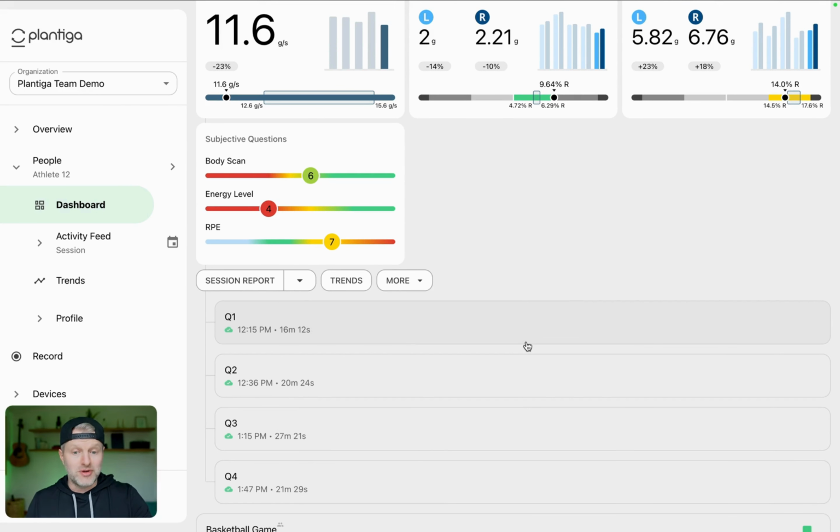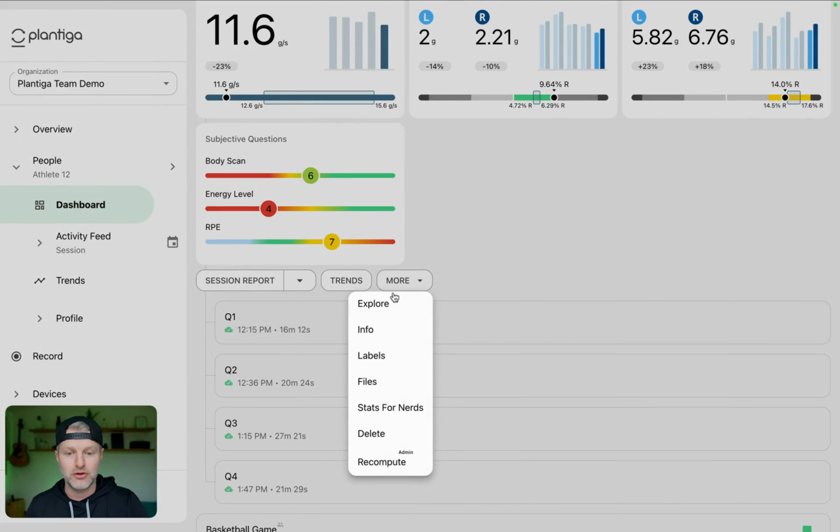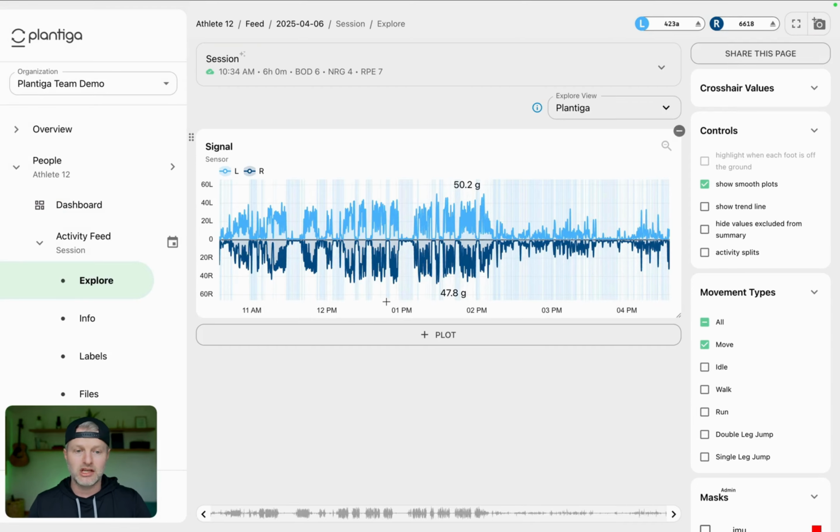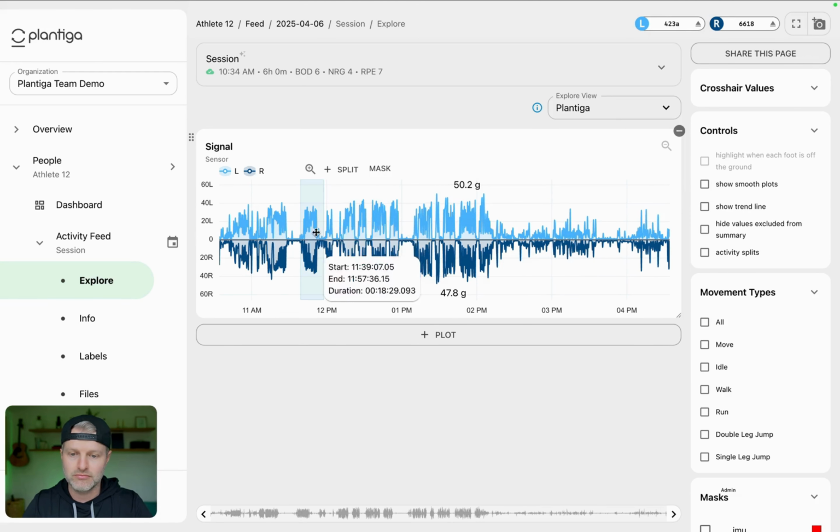What we can do from here is we can dive deeper. If you wanted to look at this session and you wanted to go step by step into what was happening, I would go to Explore. Explore would pop up. Let me remove some of those presets. What we're looking at here is the signal from our sensors. Everything beneath the midline, so the dark blue, is your right limb. Everything above that is your left limb. If I zoom in to a section,